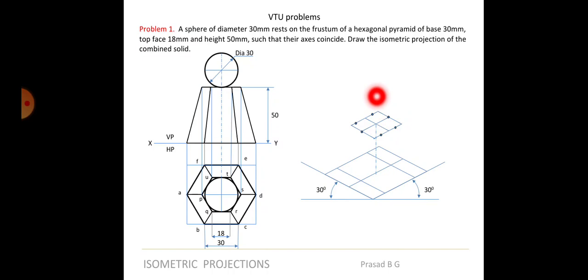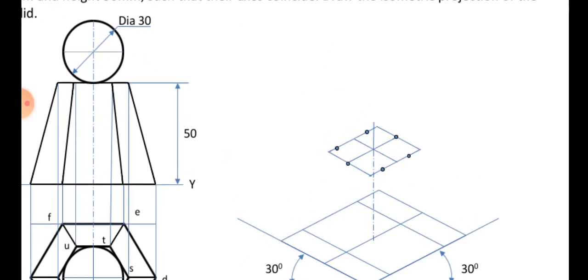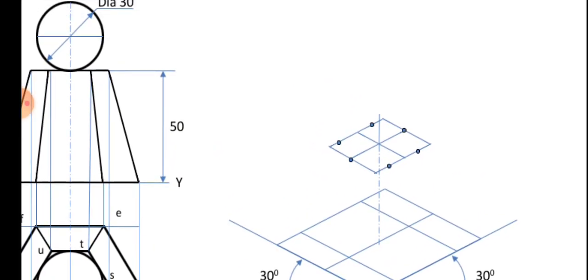I am telling you for this problem, but there are many other problems where you have to draw spheres. Please remember it for all the problems: the height will always be ISO. So if I have to take 15 to locate the center of the sphere, this height should be ISO 15. This distance I have taken, from here to here, is ISO 15. This is not true 15. Then what is true 15 in the case of the sphere? The radius with which I am drawing the circle.